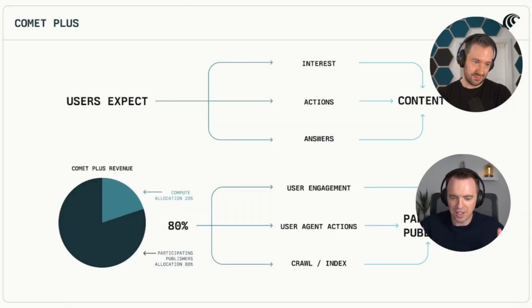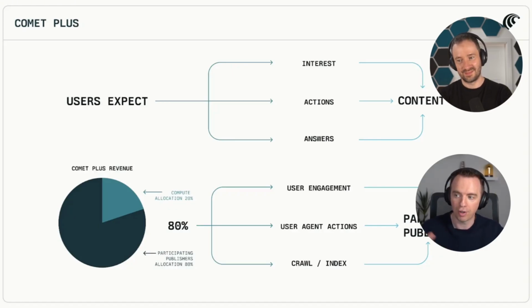But essentially, if you have a Perplexity Pro account for $20, $5 of that will now go into this pool of money. And then publishers will get 80% of that pool minus the compute costs for when results are generated with their input context. Yeah, so probably not a lot. And if it's anything like Hollywood, where they just say, oh yeah, our compute costs were very high this year,